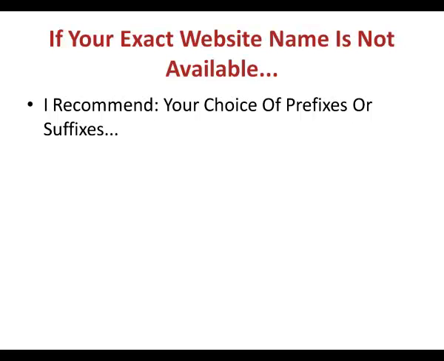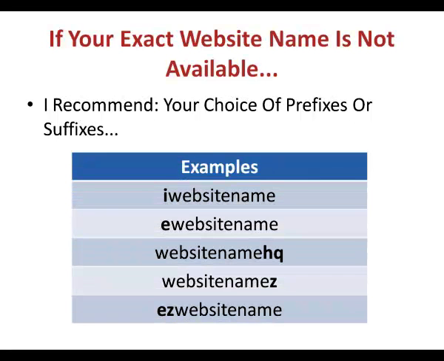So my favourite examples are as follows. Particularly if you have a technology kind of website, then it's great to have the prefix I or E, because it just fits that. It goes well with the kind of website that you've got there. My other favourite, and this is actually my all-time favourite, is to put HQ as a suffix, and I think this is great because